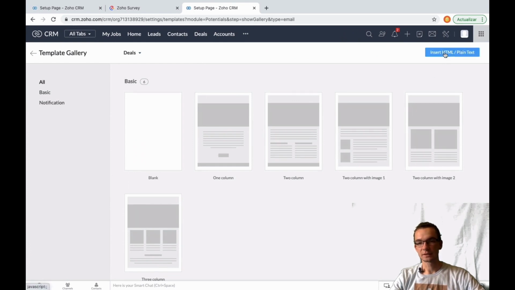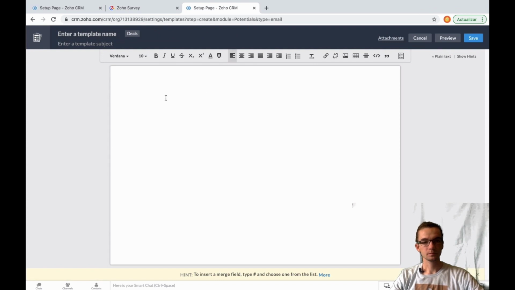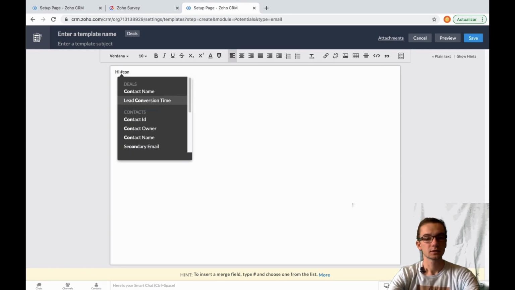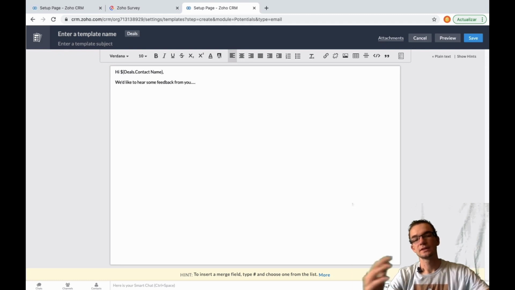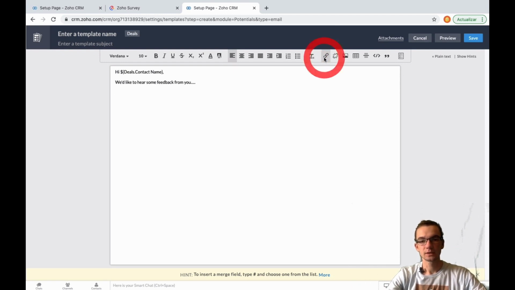A lot of times I just like HTML plain text. We can say something like, hi, contact name, because there's a contact related to the deal. We'd like to hear some feedback from you. Anyway, the text does not matter a whole lot. The point is,